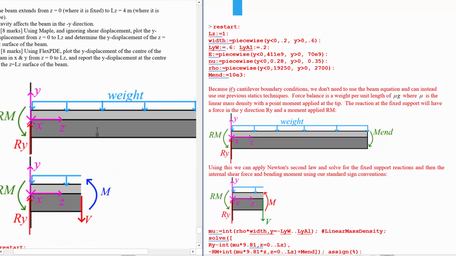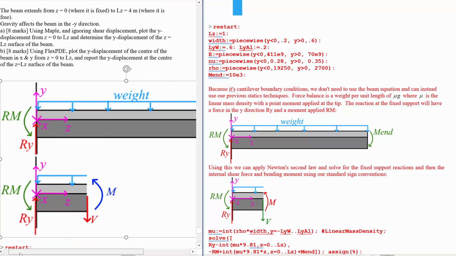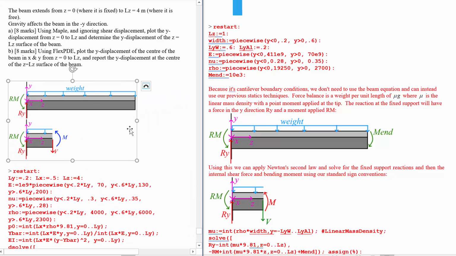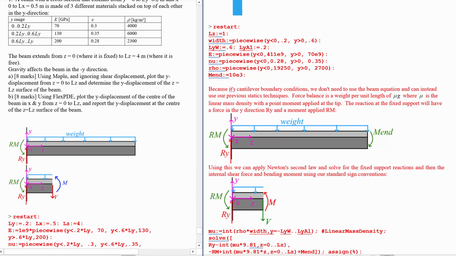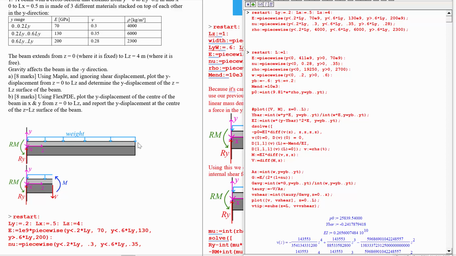Okay. So we'll set that up and then resize it so we can see everything all at the same time. So as before, there's a couple of different ways that we could do this. We could do the statics approach, where we say